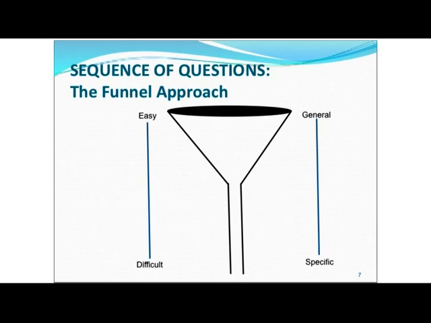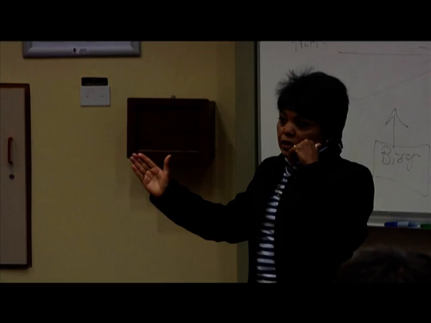The reason why you do this is turn it the other way. Put a difficult, specific question at the top of your questionnaire. You'll have more turn-downs. More people will say, this is not what I want to do, right? And you're not going to get your questionnaire filled in. You'll have a smaller response rate. You really don't want that, okay? First encourage them, oh, this is easy to fill. And as they go on, okay, I'm thinking a little bit more, they're not going to realize it because you have created a gradual progression, okay?